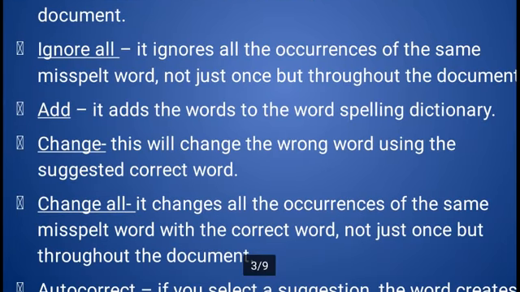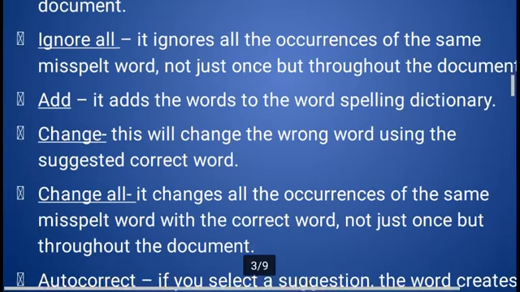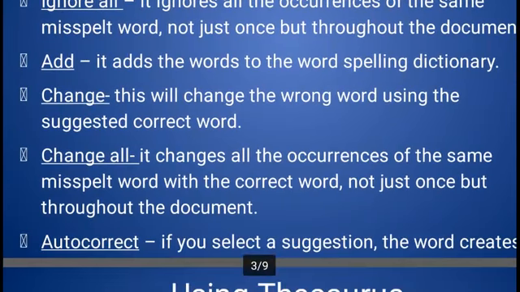Change: this will change the wrong word using the suggested corrected word. Mostly we use the option Change All. It changes all the occurrences of the same misspelled word with the correct word, not just once but throughout the document at the same time.